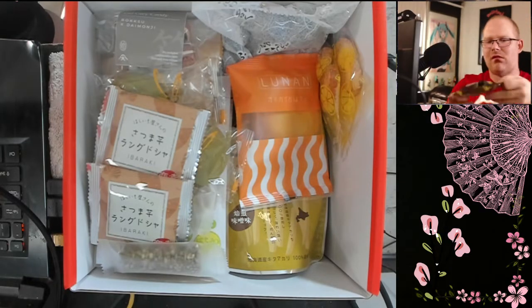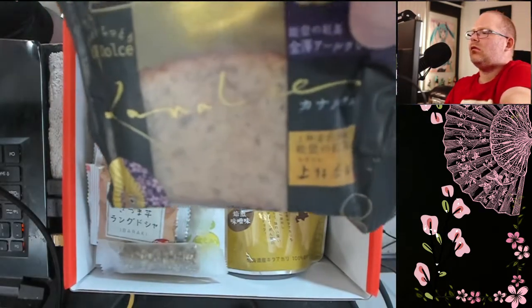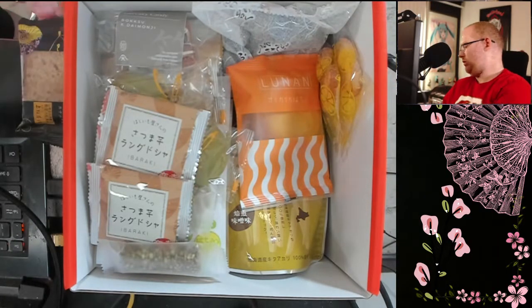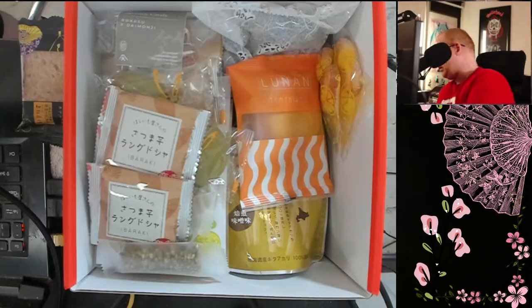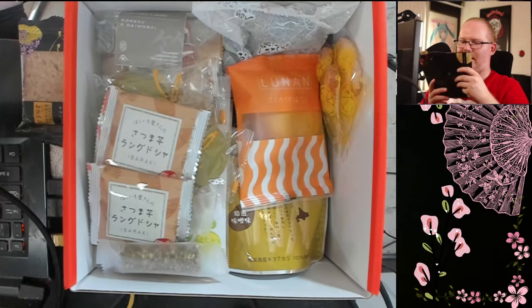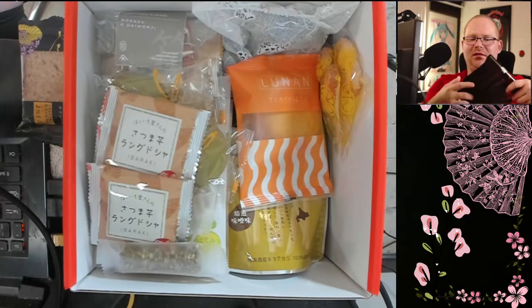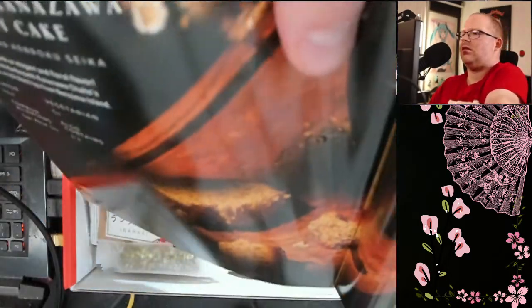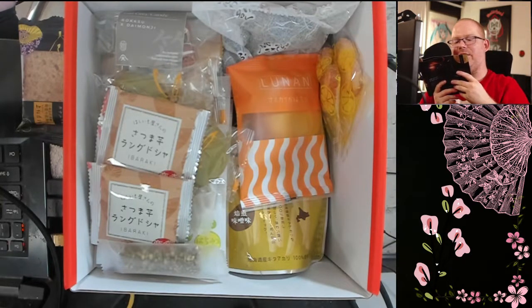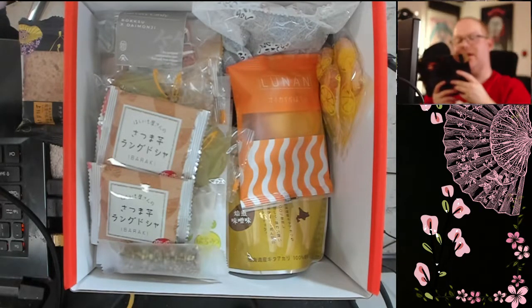And looks like a bread cake. Let's see which one it is. And it looks like it's right there. The second page, the Kasutera cake there. A fluffy cake with an elegant floral flavor. It's made from